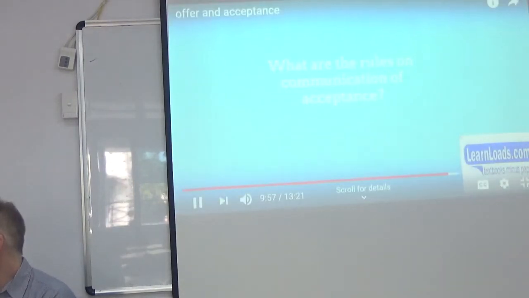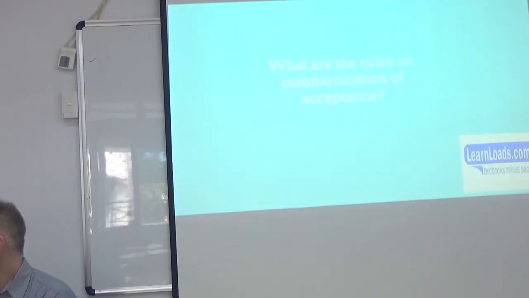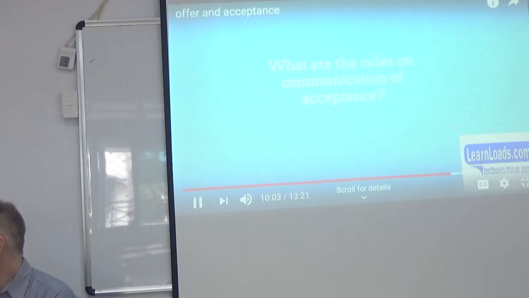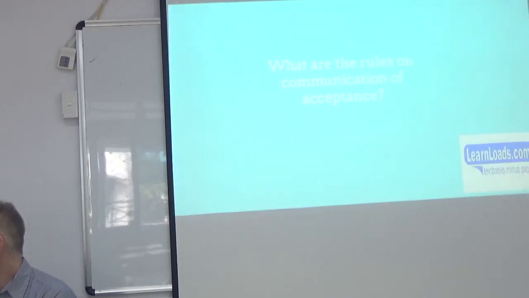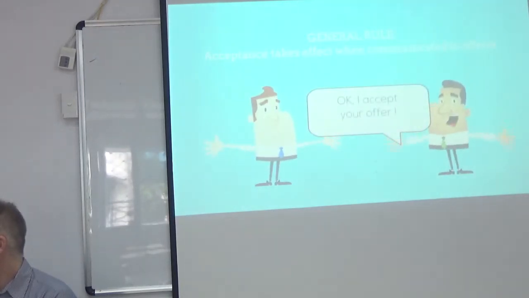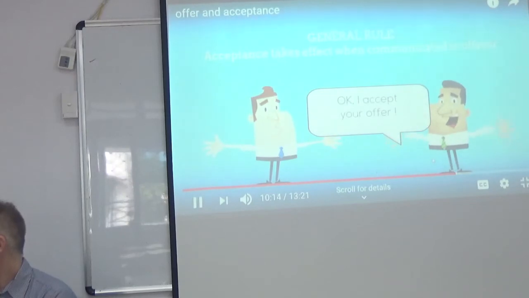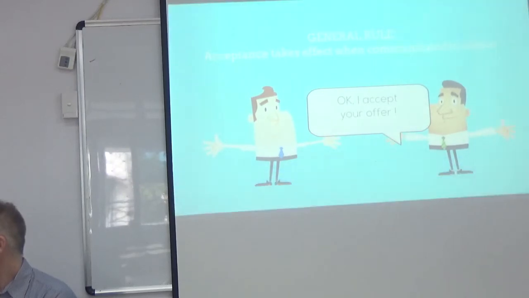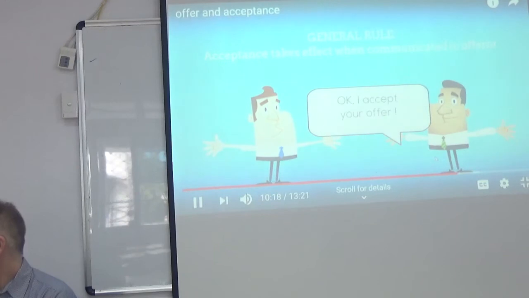What's the big deal there? Why is it significant? That when an acceptance takes effect is important, because it identifies, as I think we touched on earlier on, when exactly a contract has been created. The normal rule is that an acceptance takes effect when it's communicated to the offeror, but there are important exceptions to that rule, and I'll explain those in a moment. Just before I do that,